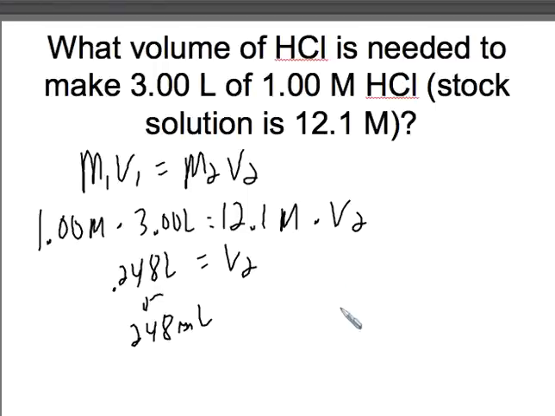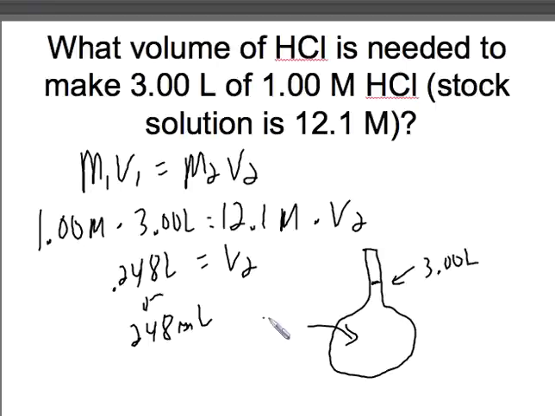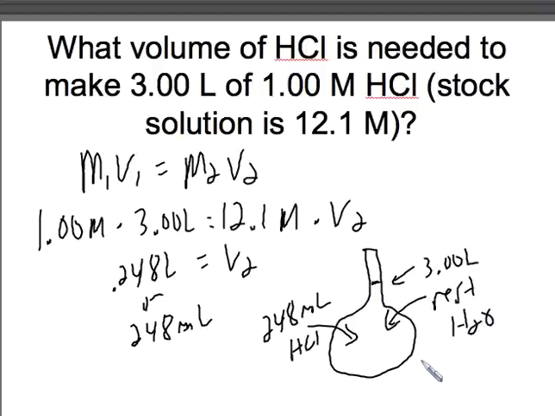So if I'm going to make a solution like this, I'm going to get what's called a volumetric flask. It is shaped like this. It looks kind of weird. There's a line on there, and let's just say I had a 3-liter volumetric flask. That line would indicate it's exactly 3 liters when I get water up to that line. So what I would do is add 248 milliliters of the concentrated HCl into there, and then I would fill the rest of it with water. I would dilute it to 3 liters. I would dilute that solution by adding the rest of that water. So the rest of it would be,